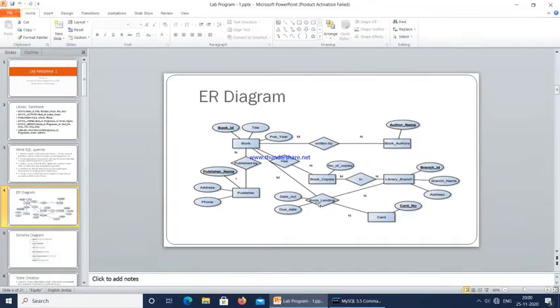Then we have book lending information, which is going to have date out and due date. So this belongs to a different library branch. Then book lending will have a card entity which is going to contain a card number. This is the primary key there. So m number of books will have n number of cards. For each and every book one card will be there, so this tells that this card belongs to this particular book. So this is the ER diagram that we are going to see for our library database.